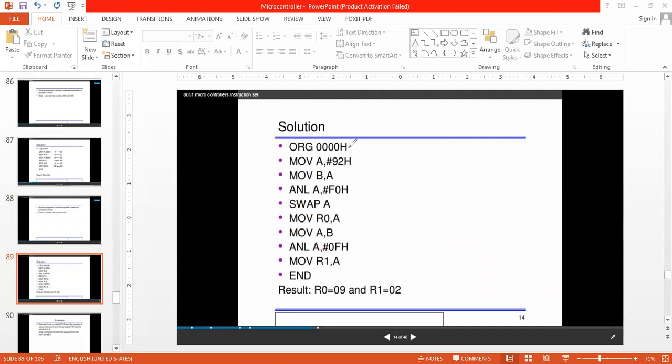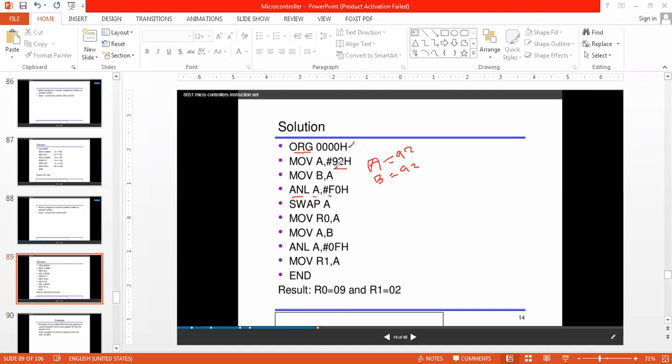Leave this first instruction, I will tell you later. We have come across ORG. First copy the value into A: A equals 92. Then B equals 92. Then ANL, which is AND logic: ANL A, #0F0H.